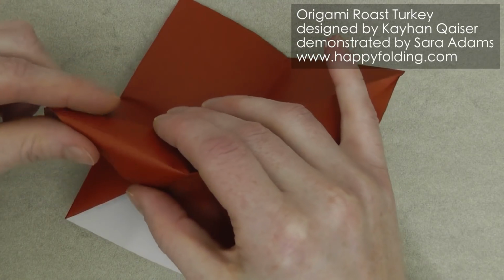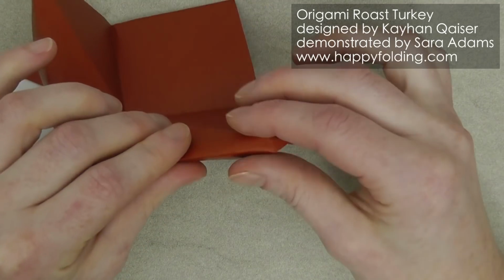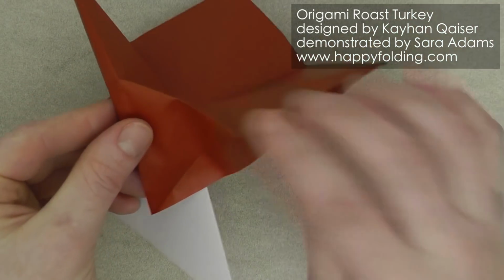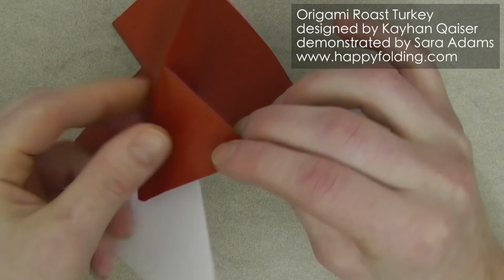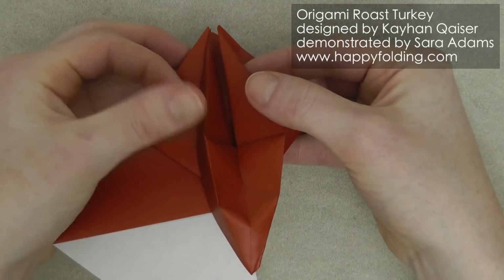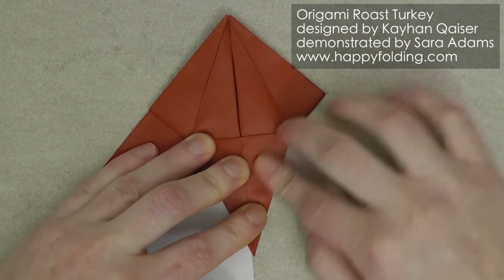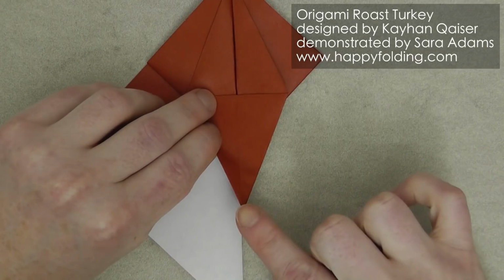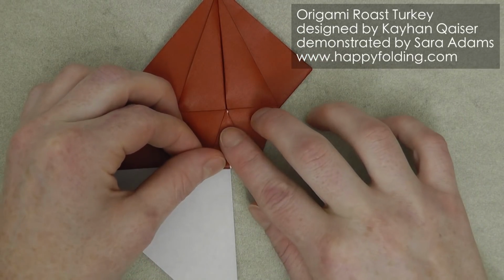We're going to go along these crease lines that already exist on both sides, and also on these, just ensuring that we do not add new creases. And then we're going to push that up again, and then that petal fold will close again, but now we have that color change. Now we're going to take this tip and fold it up to that folded edge,